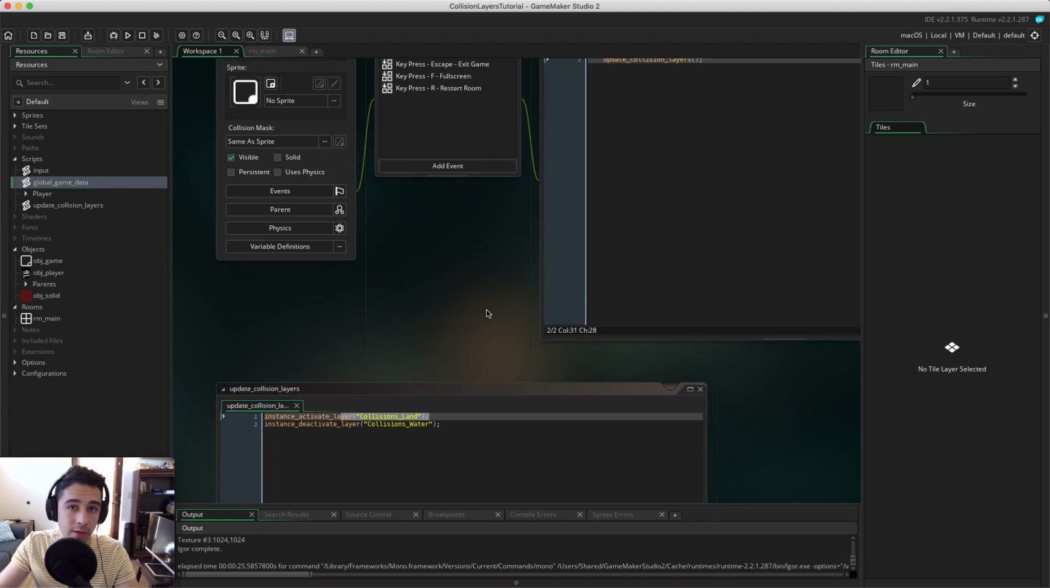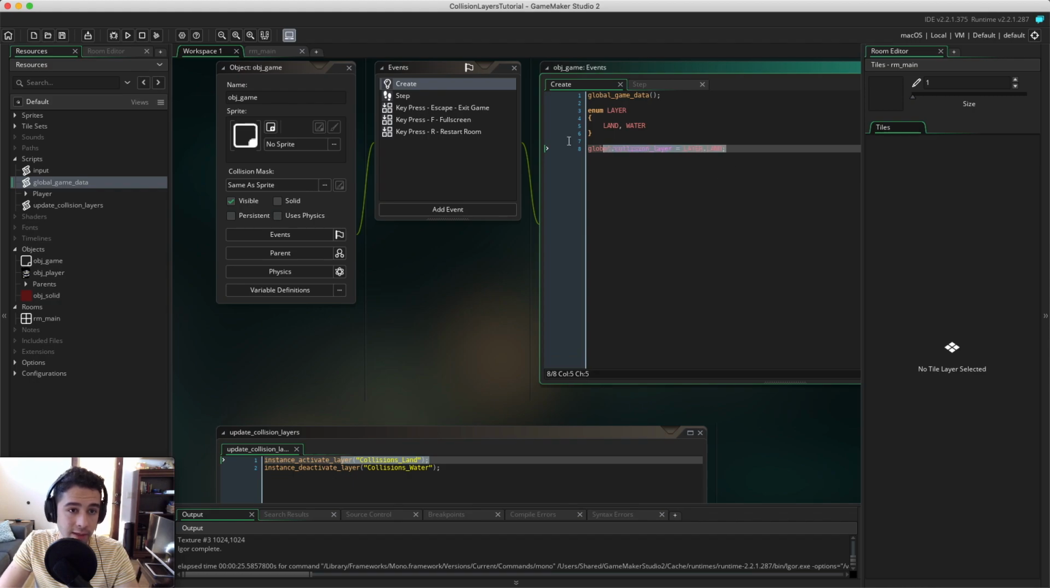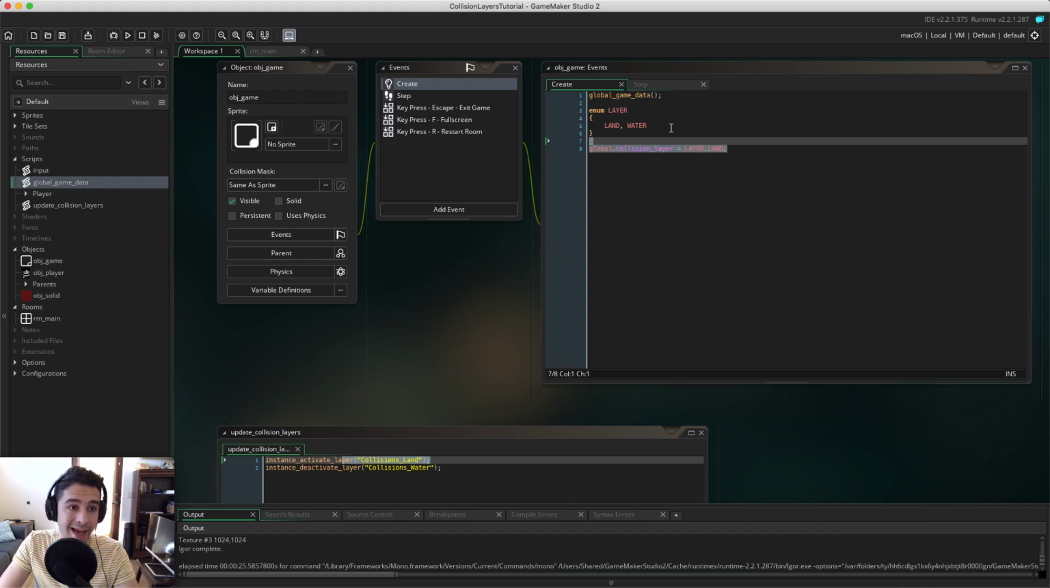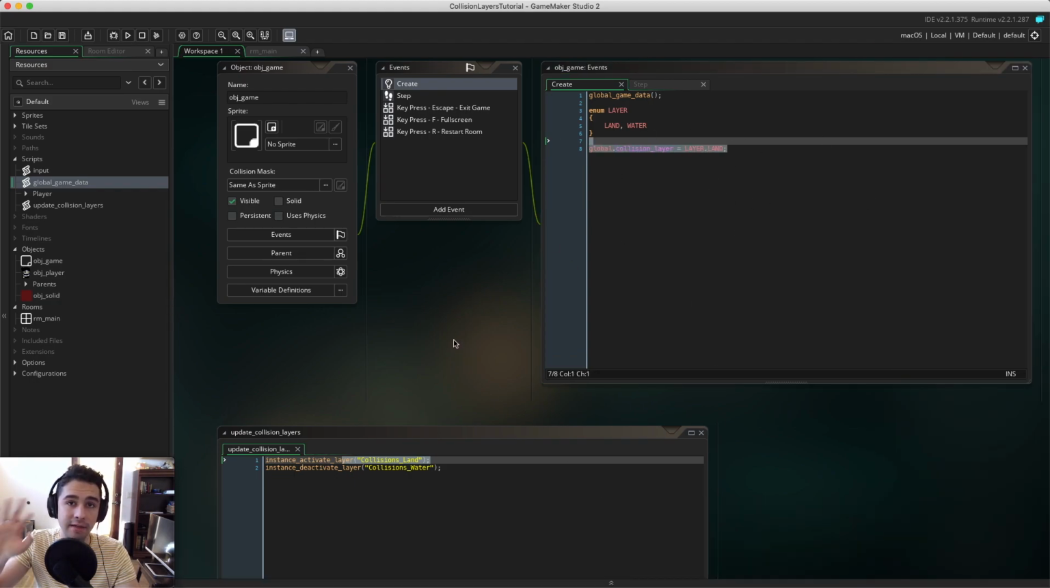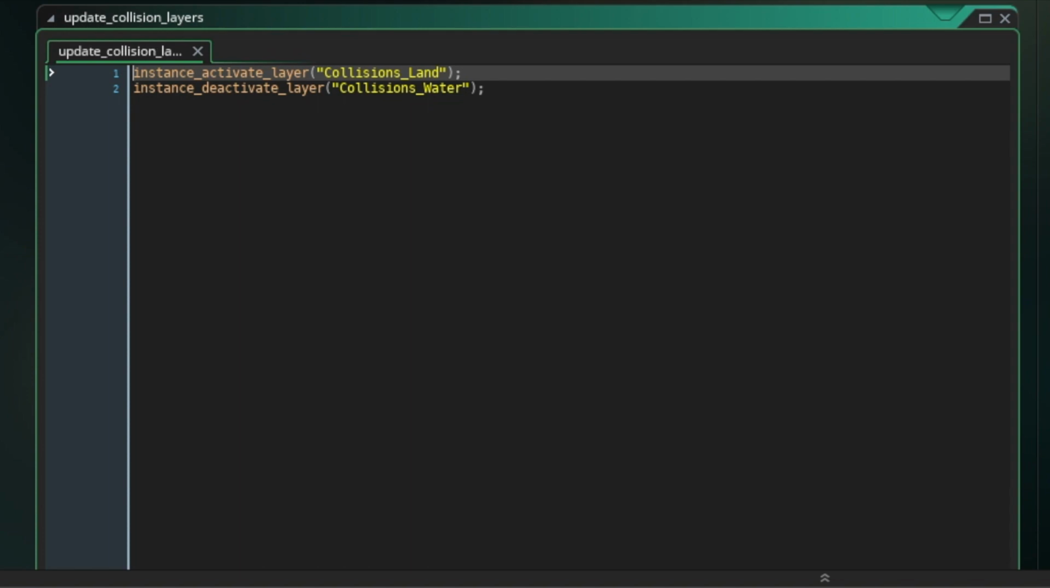react to that global collision layer variable that we just created, this one right here. We can update our script to react to this variable and to toggle between them depending on which one this is. So if we come into our update collision script here, all we have to do is say if global.collision layer is equal to layer.land,